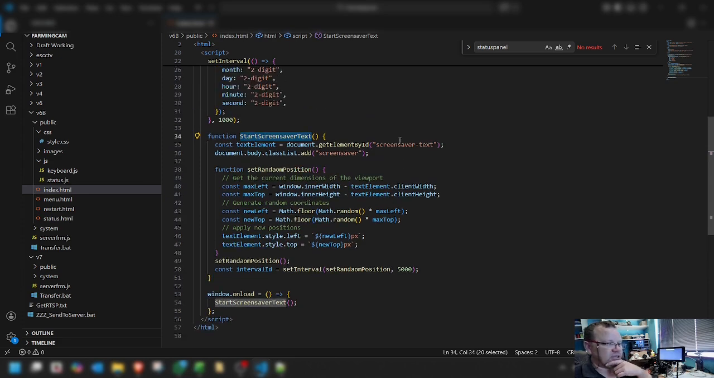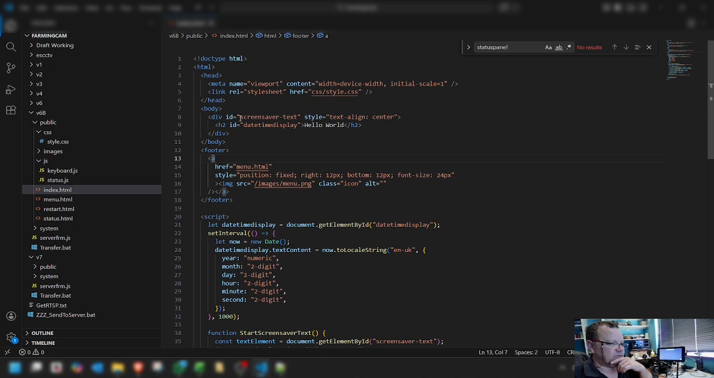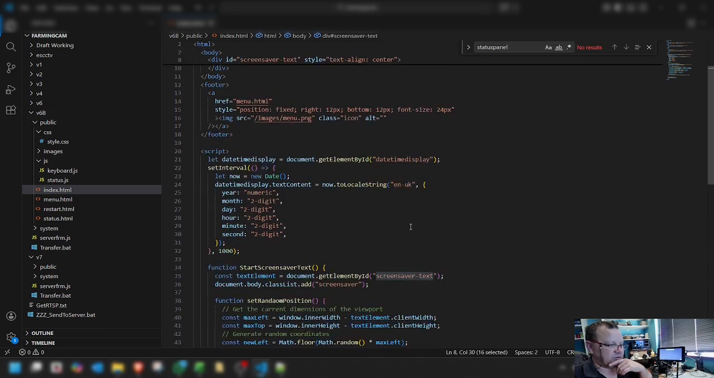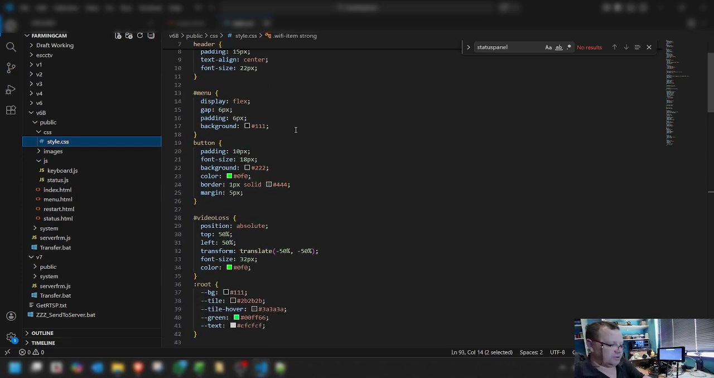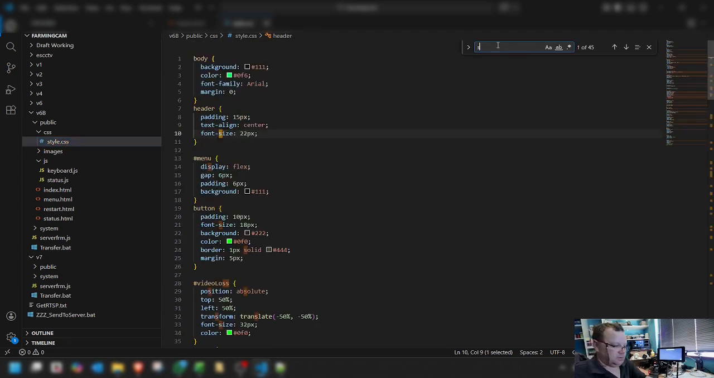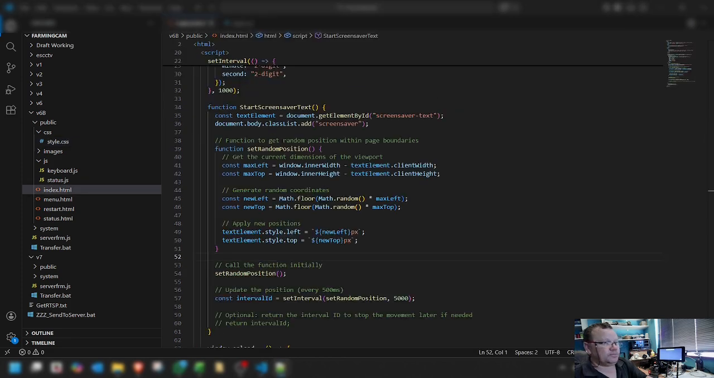And the first thing I'm going to check is are our IDs and stuff correct. So the division script text, screensaver text, we've got that correct. And screensaver add class. Now the question is that screensaver class, let's just look for that here. Screensaver, no, it's not here. Right, so there is something I missed,